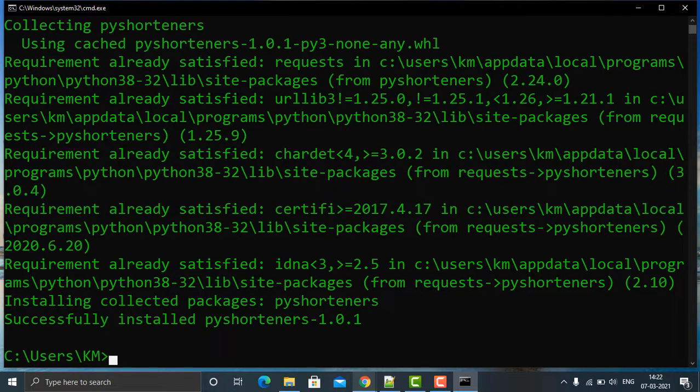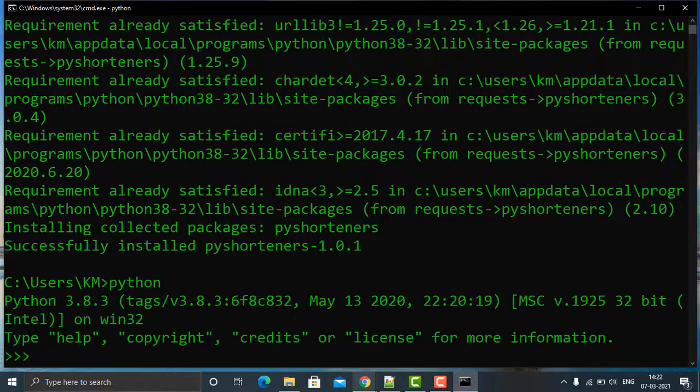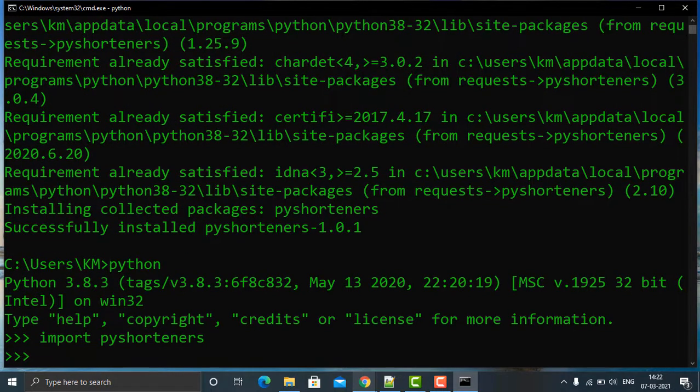Okay, successfully installed, very good. Now I'm going to Python again, enter, import. It's not showing any error, meaning it is completely and successfully installed.